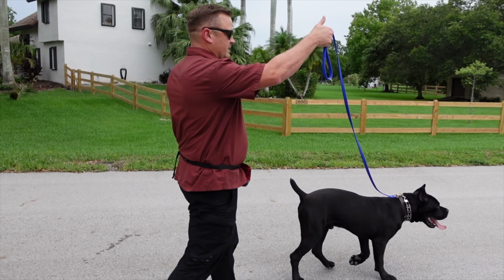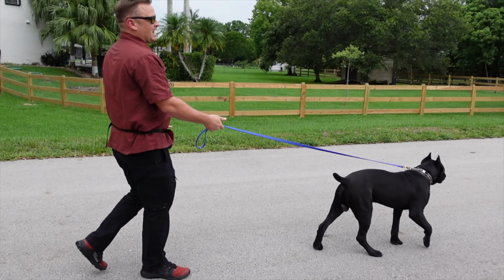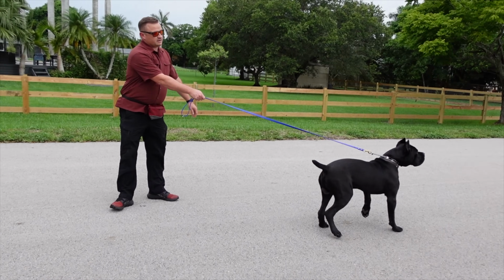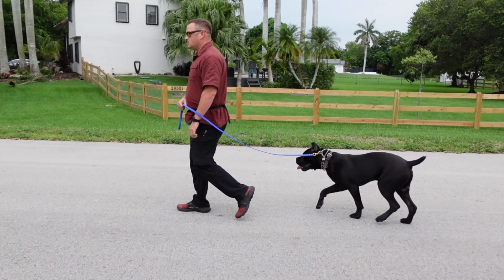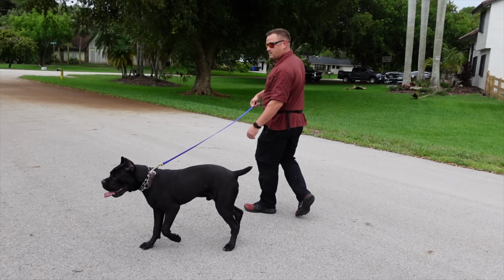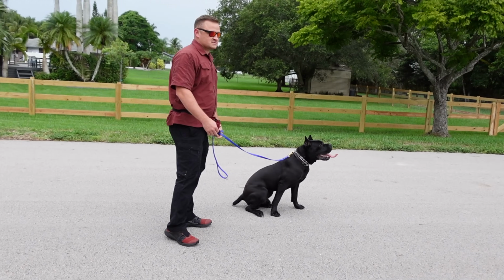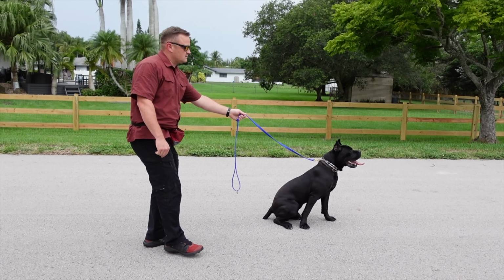Meaning, if I let him get all the way out front and the line is tight, I cannot pop the line. I can only simply pull him back. Pulling him, pulling him, pulling him. That didn't teach him a lesson. It's right back doing whatever it is he wants to do. I'll show you how you can ease him into it, and that's gonna be give him a little bit of pop like this,